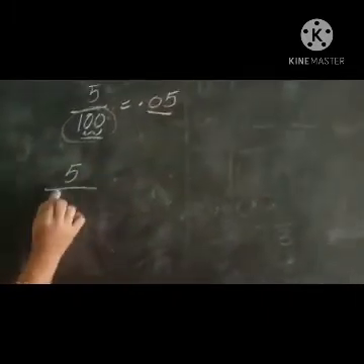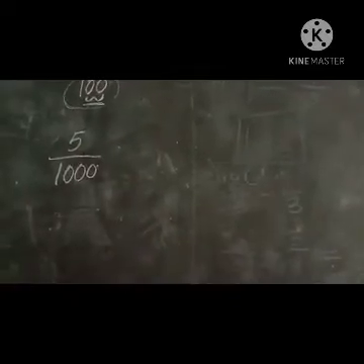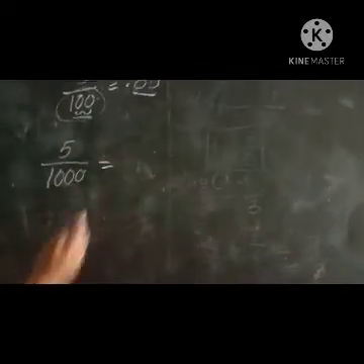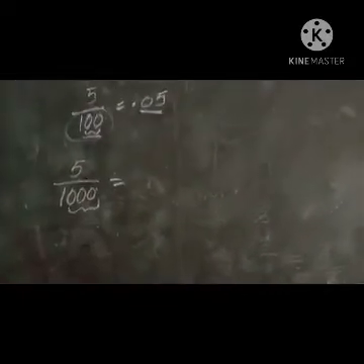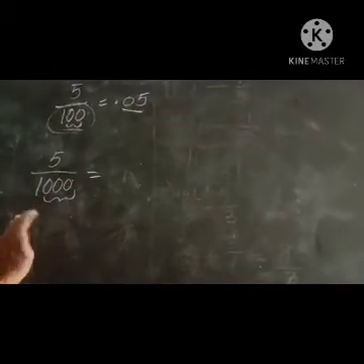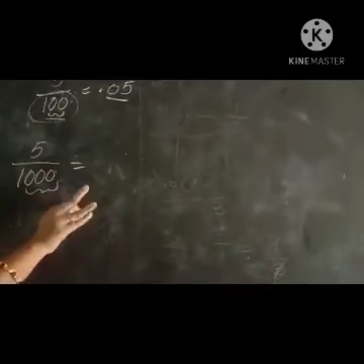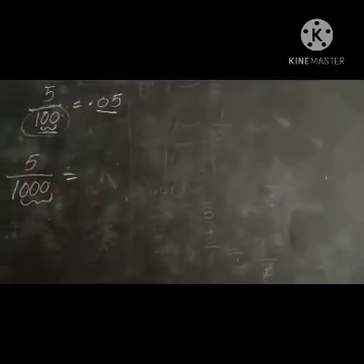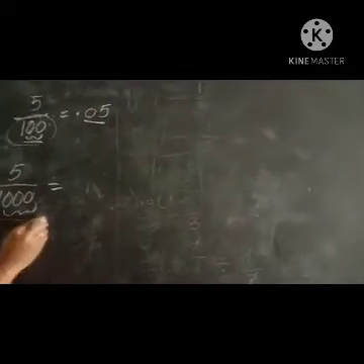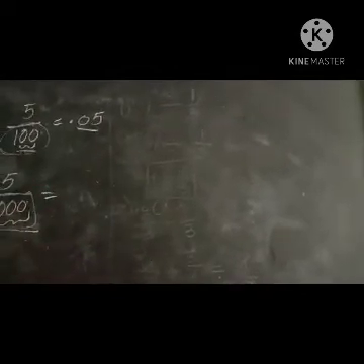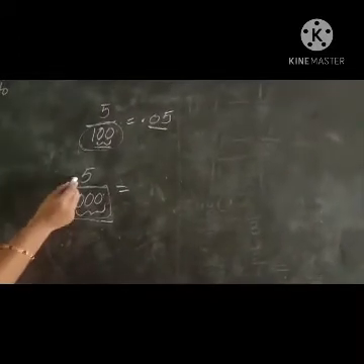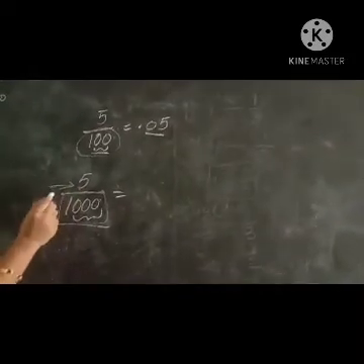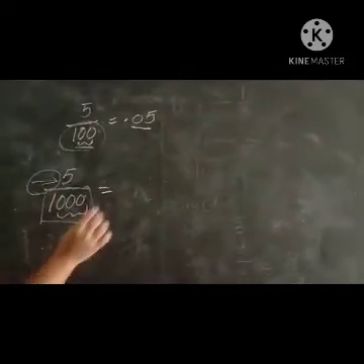Next you see ma, 5 by 1000. Now tell me children, 5 by 1000 means how many zeros are there in the denominator? 3 zeros are there. No? After the point also we have to write 3 numbers. Here 5, which place we have to write? 5 we have to write in the thousands place. Why? Because here 1000 is there. In the hundreds place, in the tens place, which number we have to write, children? Now there are no other numbers, here only 5 is there. Just we have to write the 0.